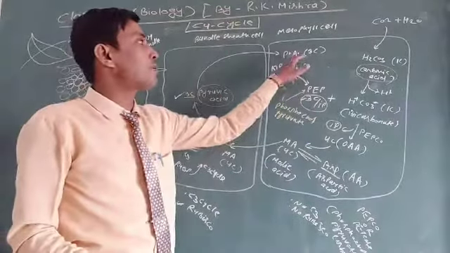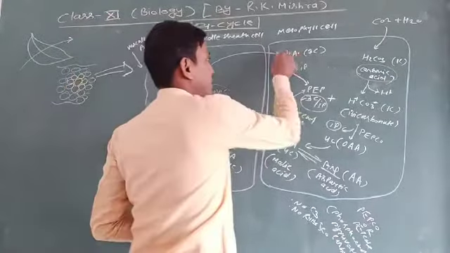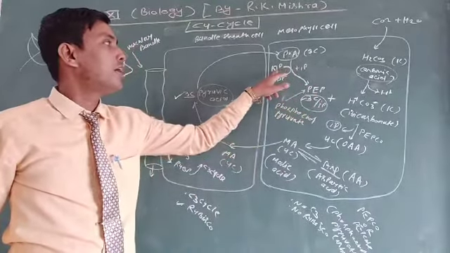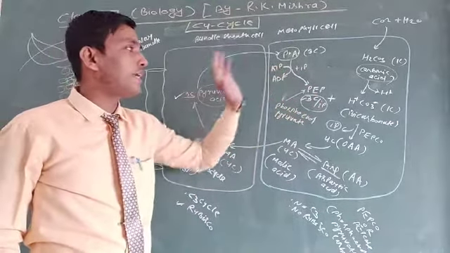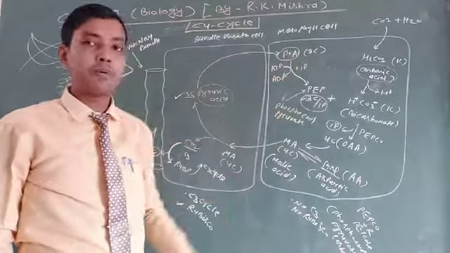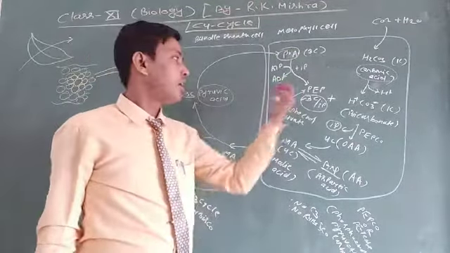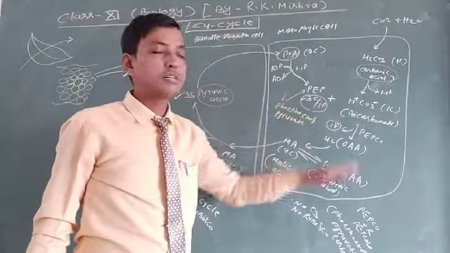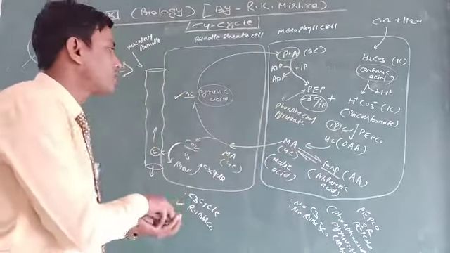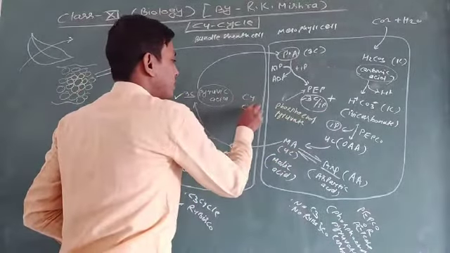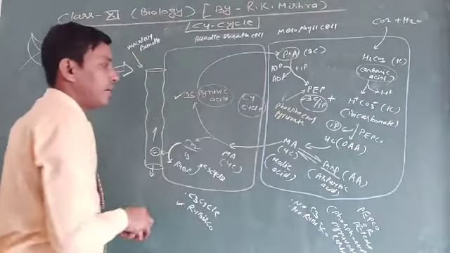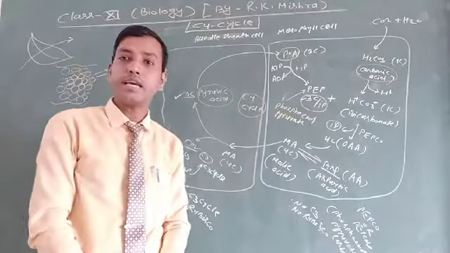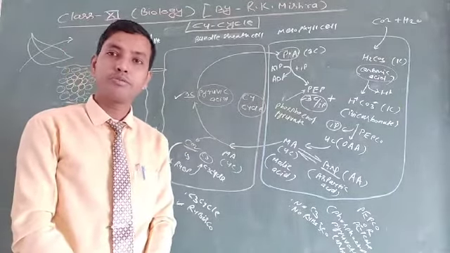The 3 carbon comes from pyruvic acid, but the 1 phosphorus comes from the breakdown of ATP into ADP. So 1 phosphorus is added to pyruvic acid to convert it into phosphoenol pyruvate. Later the phosphoenol pyruvate, the 3 carbon compound, reacts with bicarbonate ion to form further compounds. So this cycle is the C4 cycle, and this cycle is the C3 cycle. As I told you earlier, the C4 cycle is common whether the plant is C4 or C3.